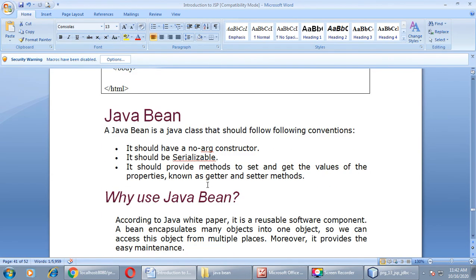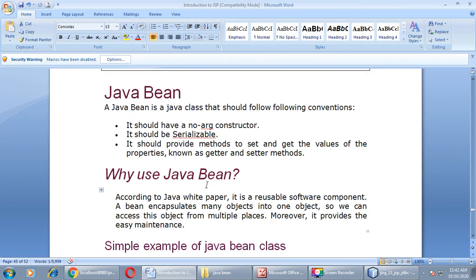Fine. Next is Java Bean. A Java Bean is a Java class that should follow the following conventions. It should have a no argument constructor. It should be serializable. It should provide methods to set and get the values of the properties, known as getter and setter methods.